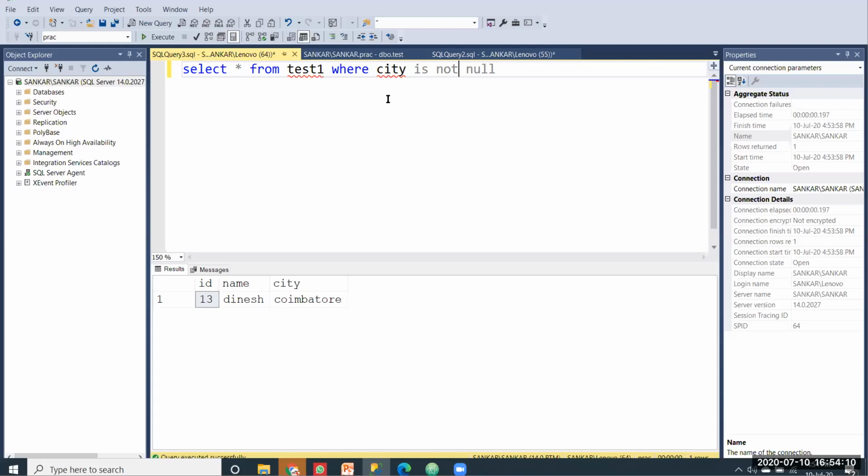So is null is used for printing the records that have a null value. The cells with a null value, you can get by using is null. And if you don't want to print null values, you can use is not null.